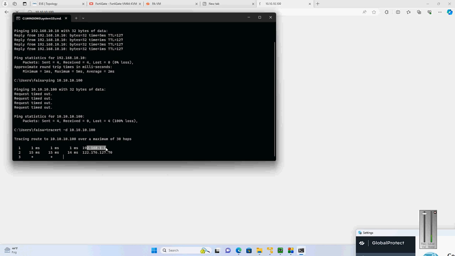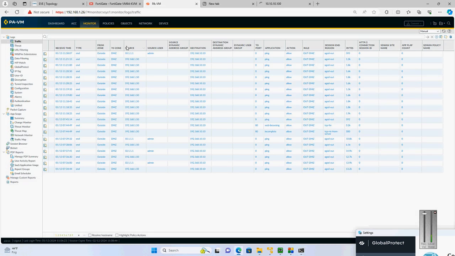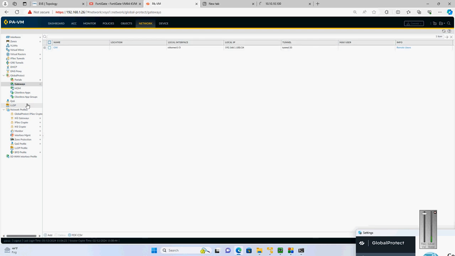So what does it mean? It means this route is not pointing towards the firewall. It's pointing towards my local gateway, my ISP gateway. So it could be an issue with the split tunnel configuration. Again, if I go to the network, and go to the split tunnel configuration, so where do I get this split tunnel configuration? I need to go to the